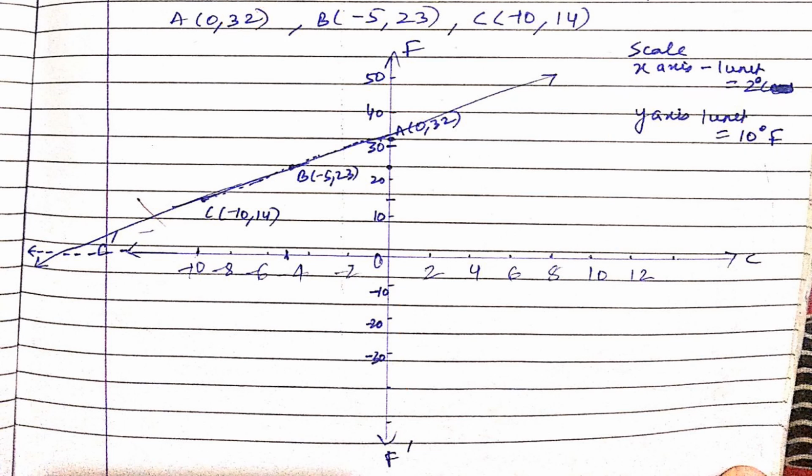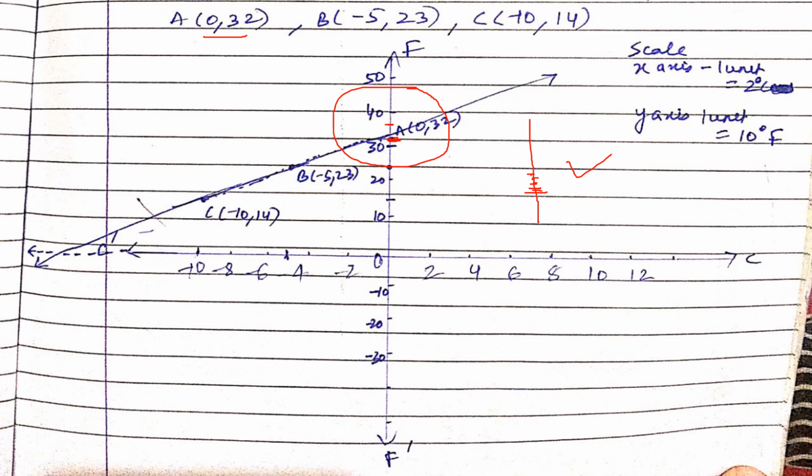First value is 0,32. So 0 on Celsius scale and 32 on Fahrenheit scale. It is somewhere here. More than 30 but less than 40. You can see this is the mid of 30 and 40. It is around 35. So we will mark it in this portion. It is somewhere here, 32. If you use a graph paper, you will find there are 10 divisions between it. Those divisions will help you to understand easily. In my example, I don't have those divisions because it is not a graph paper. So just as an idea, I am taking that it is near 30, somewhere here, 32.